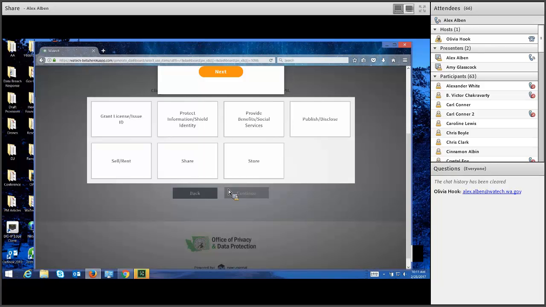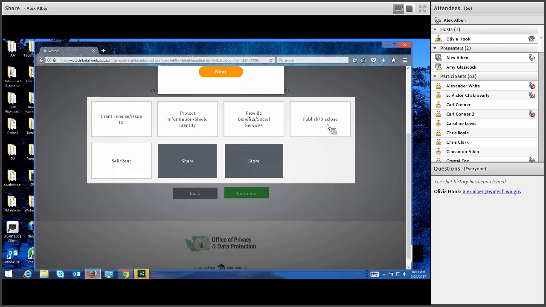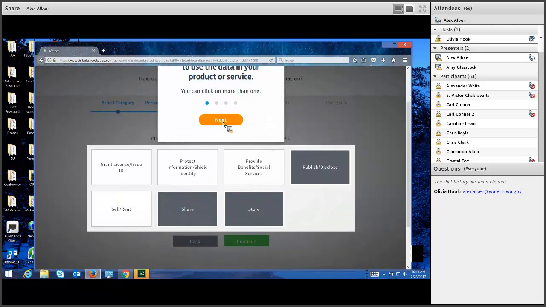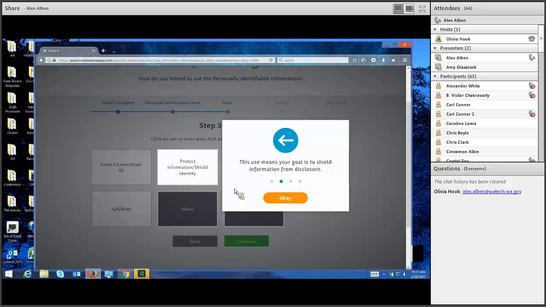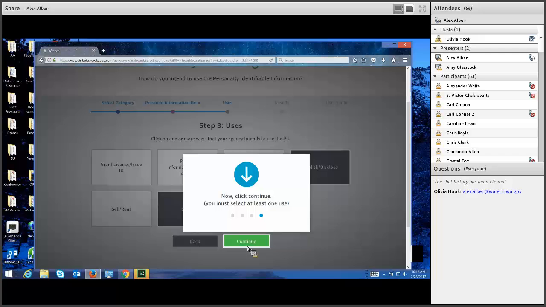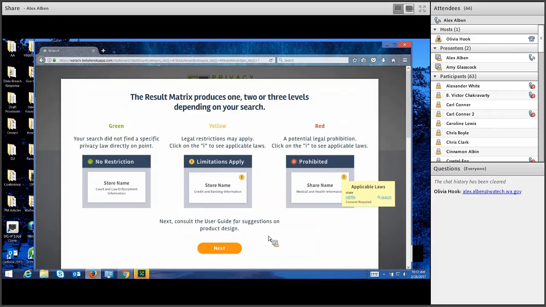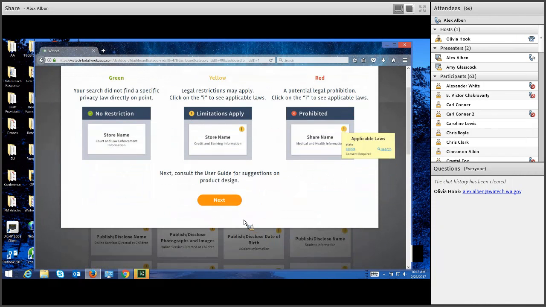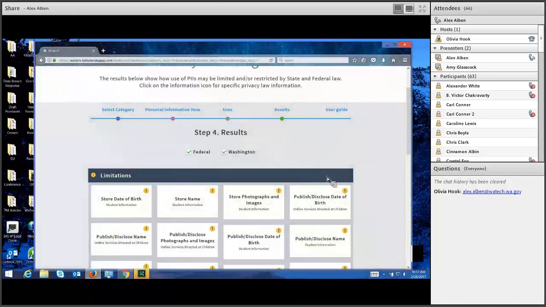So when we've got the third step here on our screen, how are we going to use it? Well, we're not going to sell this data from the kids. We're going to share it, we're going to store it, and we're going to publish our newsletter, both online and maybe in a physical magazine. And then we explained certain things that are going on if you're not clear what these tiles actually mean. Okay, so we said we're going to share it, and now we're going to go to the next step, which is a dashboard.